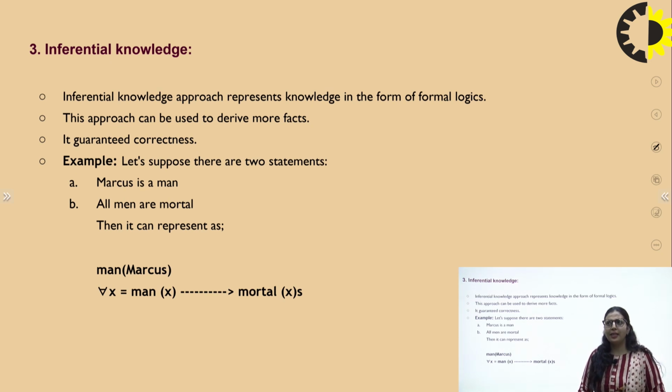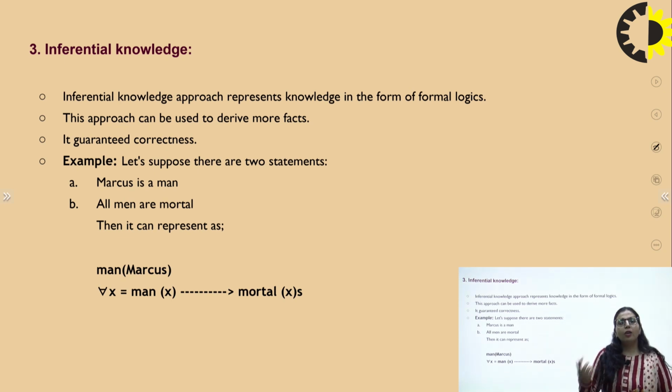Another method of knowledge representation is inferential knowledge. Inferential knowledge is basically when we are representing the knowledge by using predicate logic or propositional logic. So, to represent the knowledge in the form of logic, like predicate logic, we use various connectors like arrow and bidirectional arrow, to show what the relation is between two entities, whether they are connected with and, or connected with or. So, this is all about propositional logic.